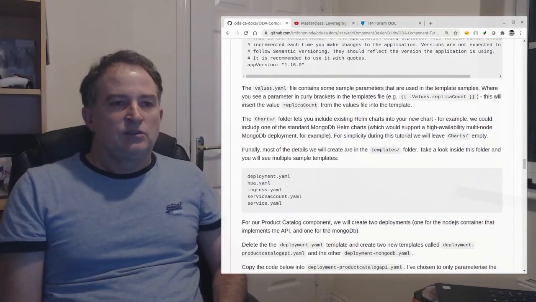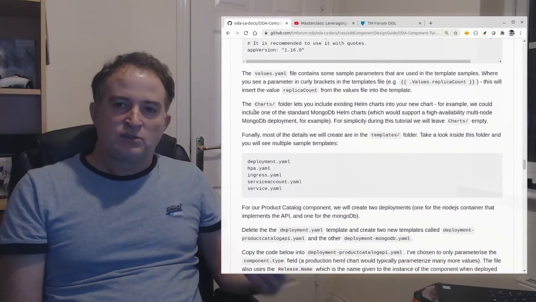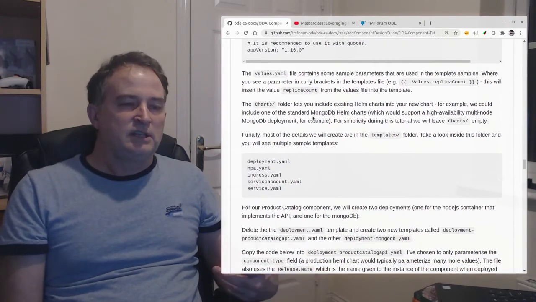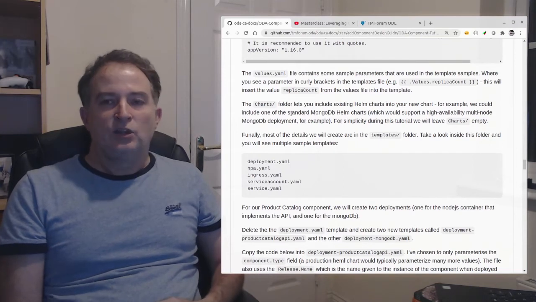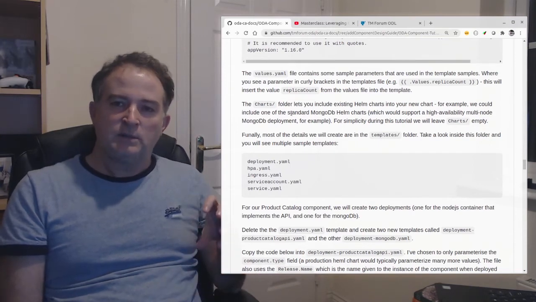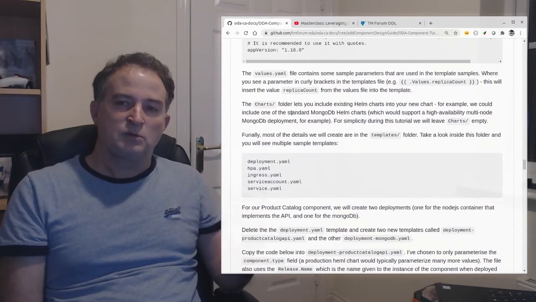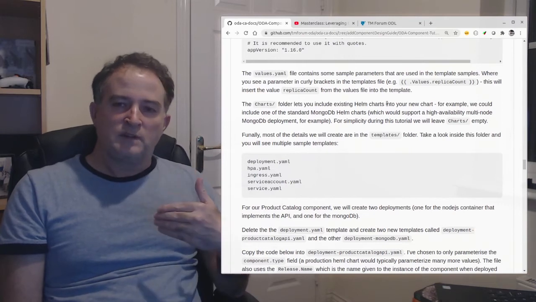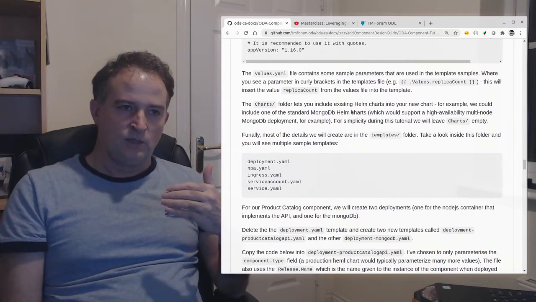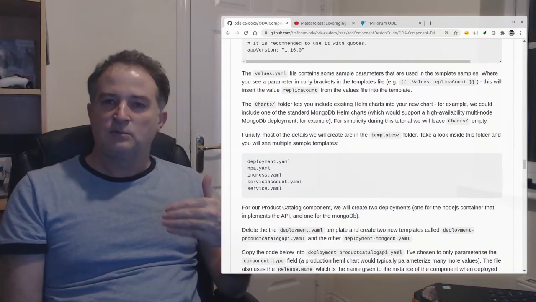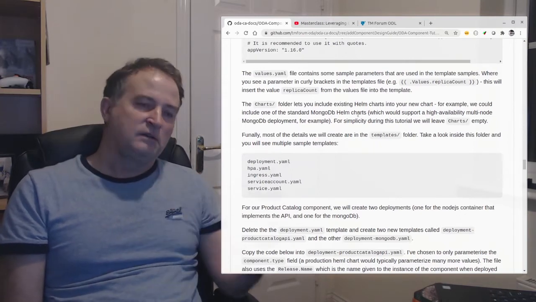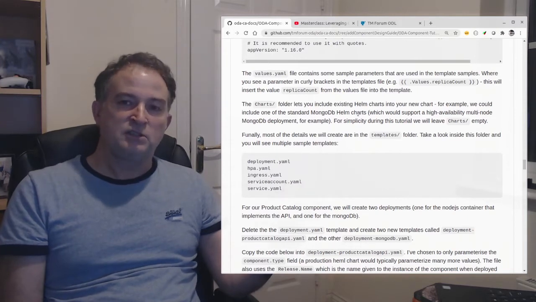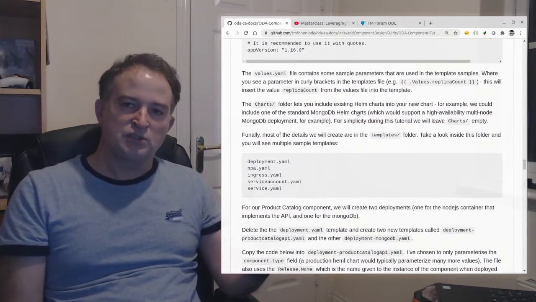Now the charts folder that it's created for you is initially empty, and you can use this because Helm is like a hierarchical model, so I can actually have a Helm chart within another Helm chart. We're not doing this in this simple tutorial, but we could use a standard Mongo database Helm chart within our chart. In fact, that would probably be the best way to do it in a more